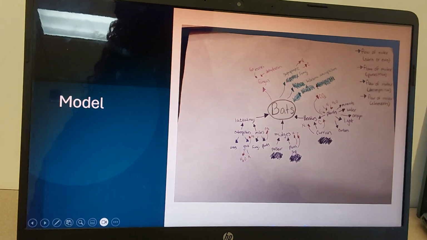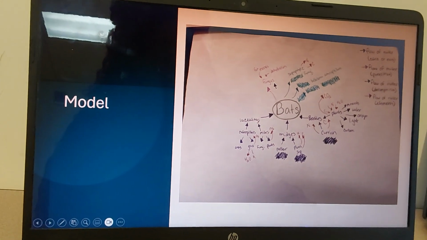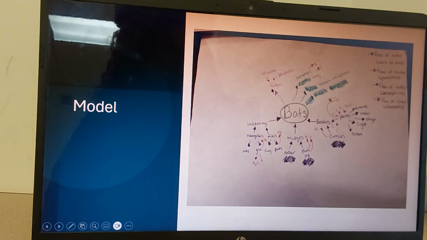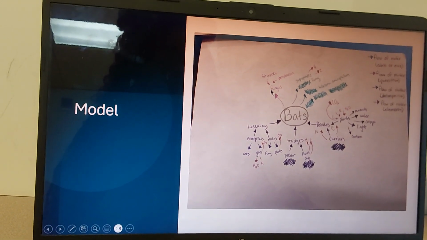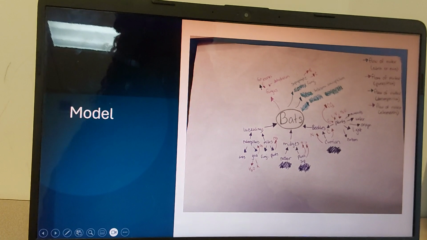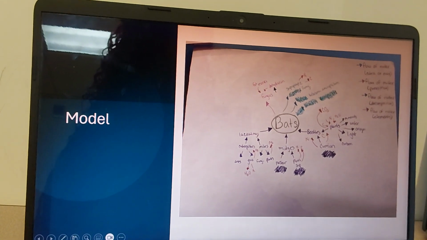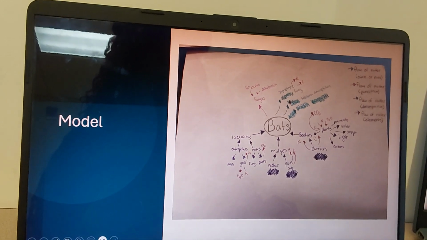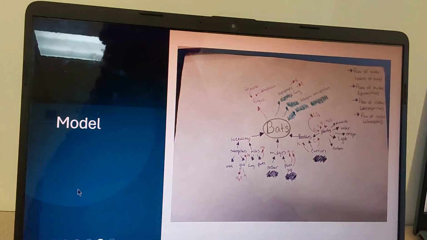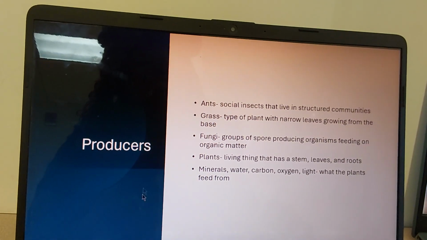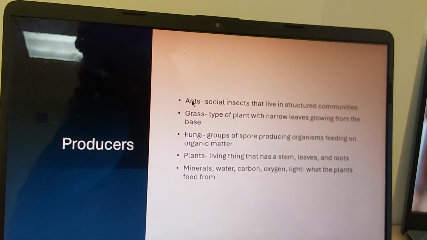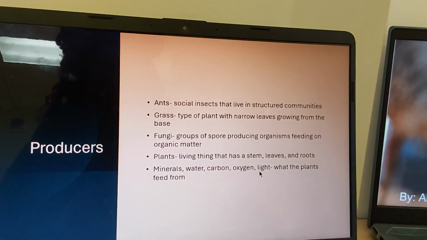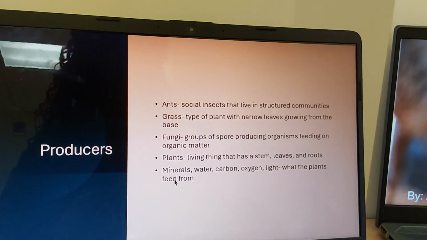And then we also have, I added, parasitum because there is a white nose syndrome that appears in bats. It's a fungus that grows on them when they're hibernating, and it takes their fat reserves and it causes dehydration. And then we also have our actual decomposition fungi. So let's go. So our producers would be our ants, our grass, our fungi, our plants, our minerals, water, carbon, oxygen, and light. And this is just the producers that the primary